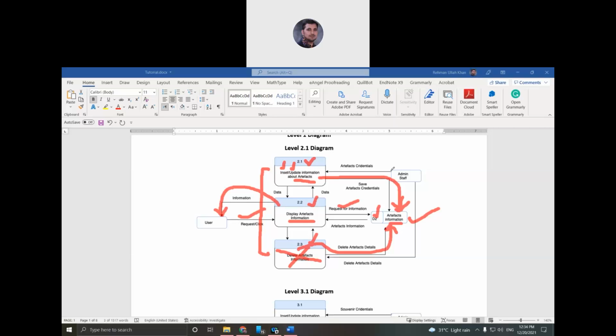The admin will add some credential. It may be an updated one, it may be a new one, and then save the credential, and it will go to the system. So for my understanding, I prefer to show insert and update as one process. If you want to decompose further, you can.